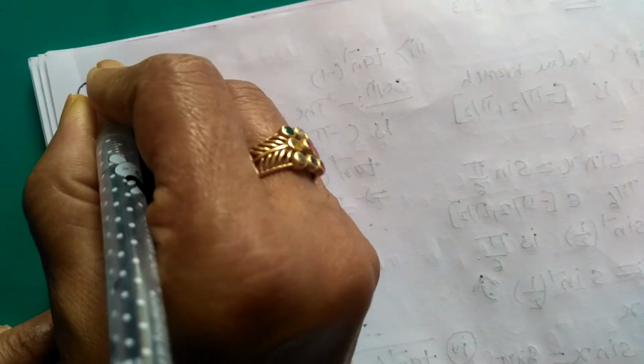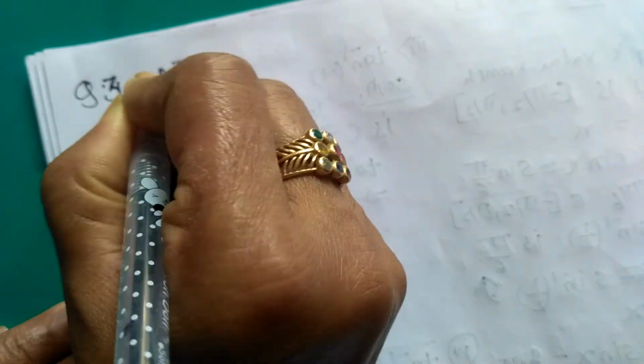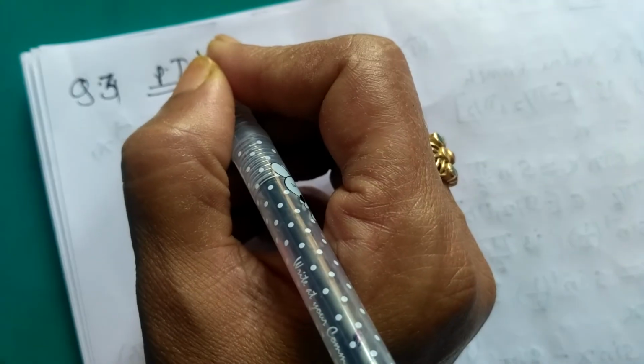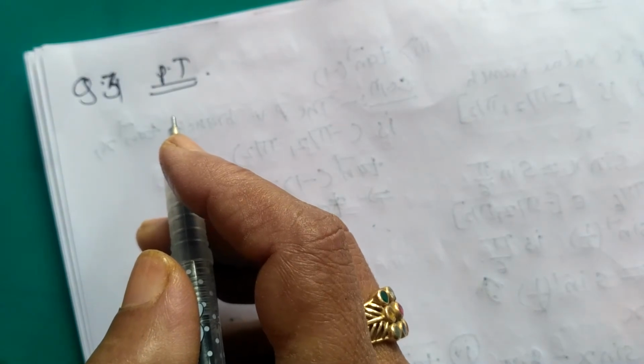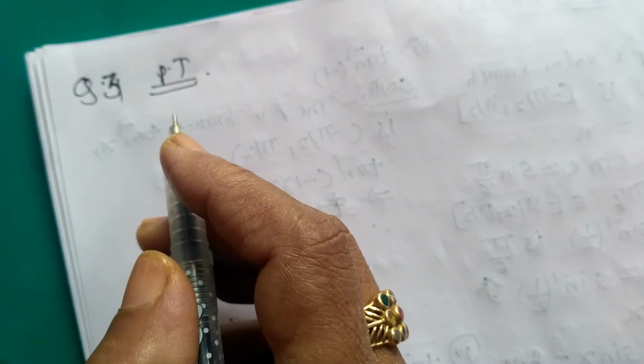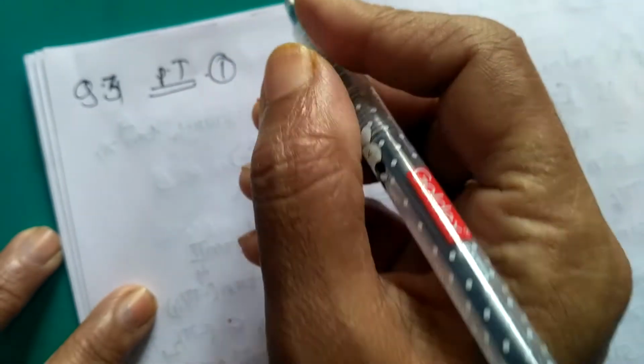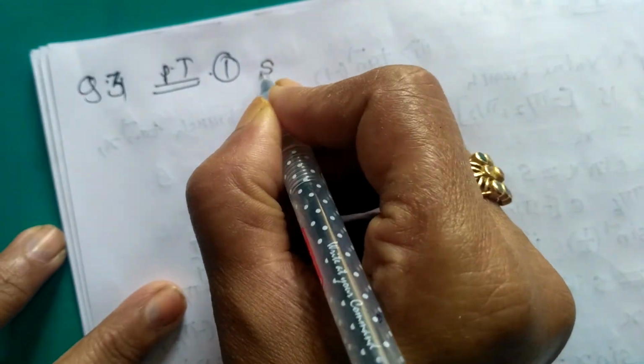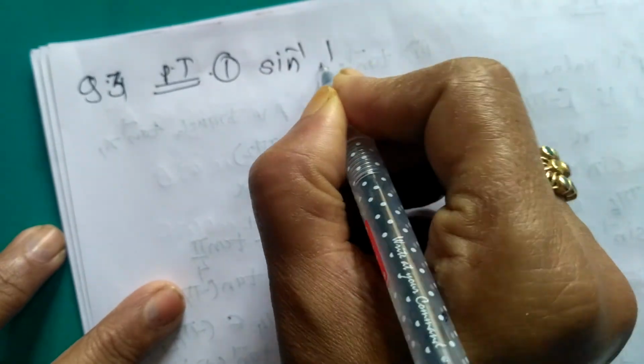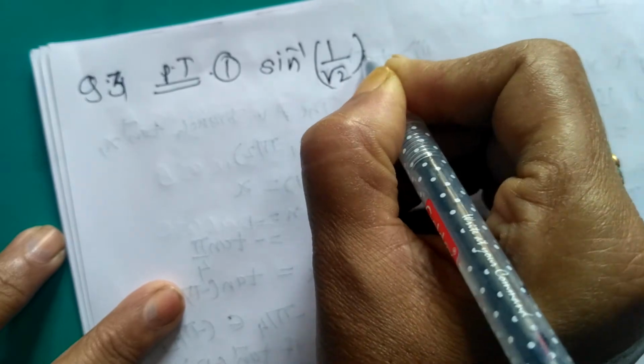Now here, question three is given along with the "prove that" concept. From this we take one question at a time. In question number 3, it is given that prove that... a very easy question again. In the prove that section, we take the first question: prove that sine inverse 1 by root 2